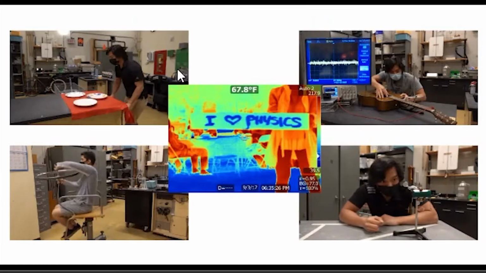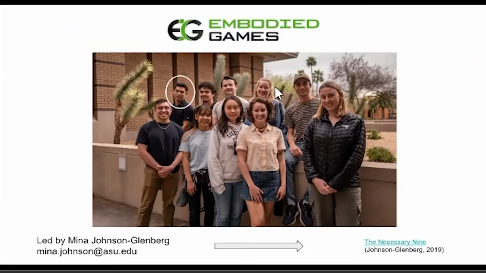This is a picture of that team. I am a physics subject matter expert for them, or well, I was, and then I turned into the researcher developer role that I discussed. Here you can see, this isn't everyone, but we've got UI, UX designers, we've got psychology and cognitive science students, we've got people doing machine learning, doing C sharp, and so it's a very diverse group of people. And this lab is very focused on